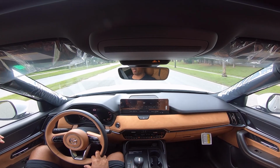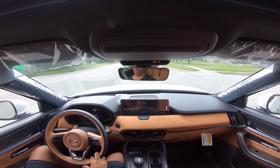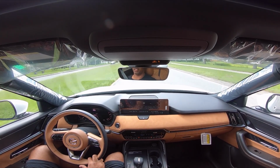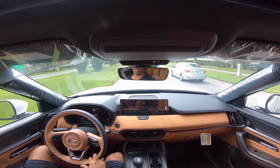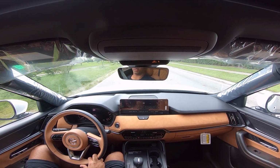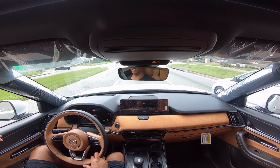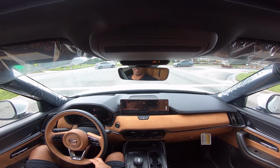They did something, and it might just be software updates, I'm not sure what it is, but it is smooth, it's compliant, and you can tell that the power is there. If you need to push it, you can tell that the power is there. So I'm giving this high rankings. Now, would I come out of our CX-90 on the lower trim level to upgrade to this? I think I would, just for that special feeling and just for the way it looks on the exterior. My wife, on the other hand, she's happy with our CX-90 just the way it is,